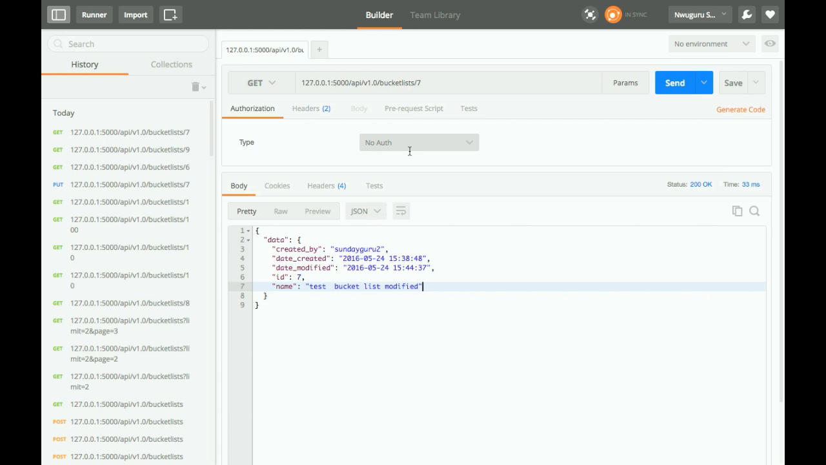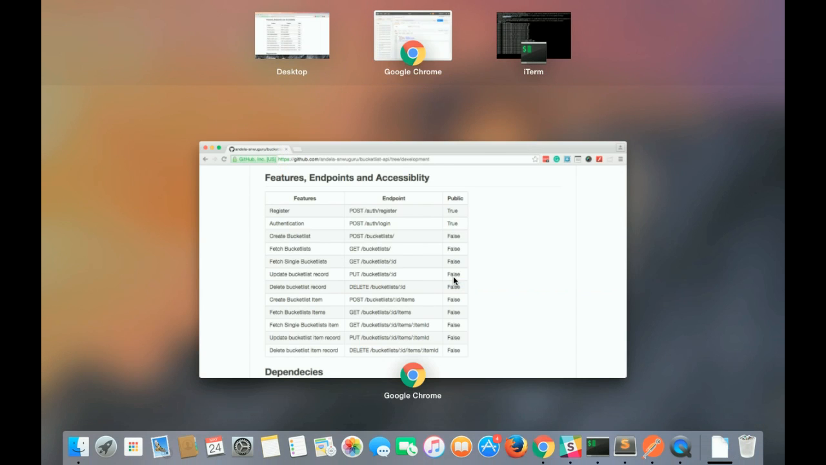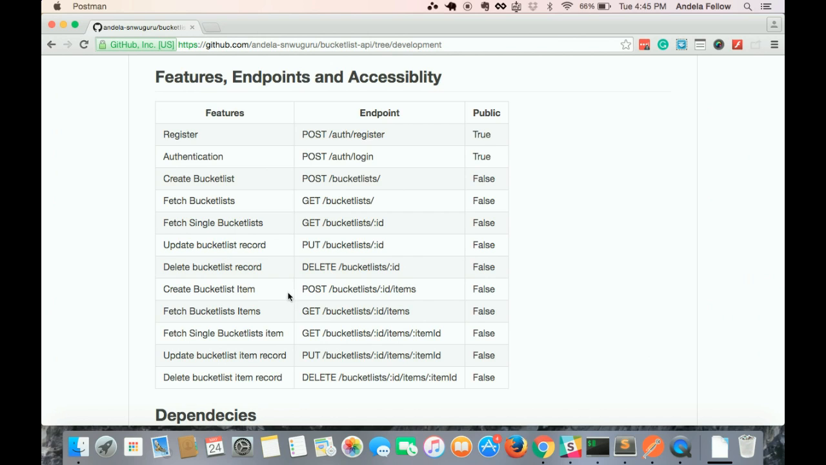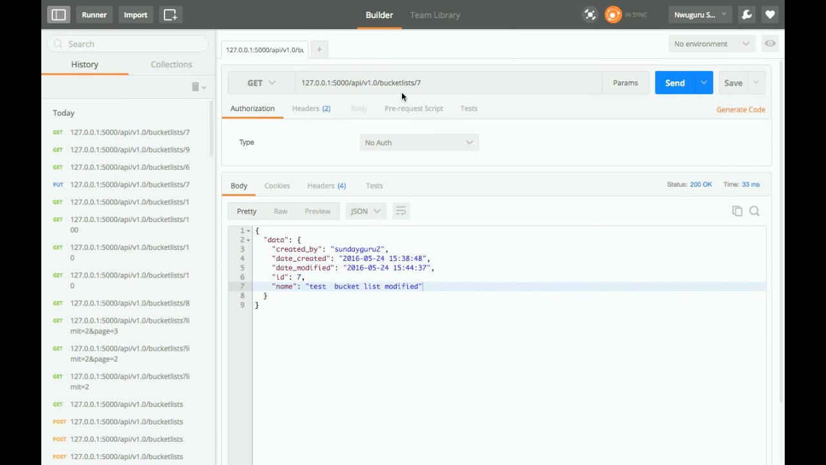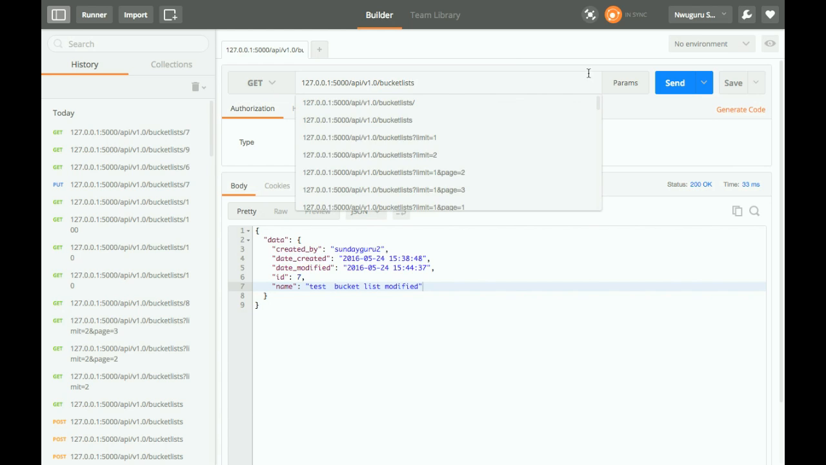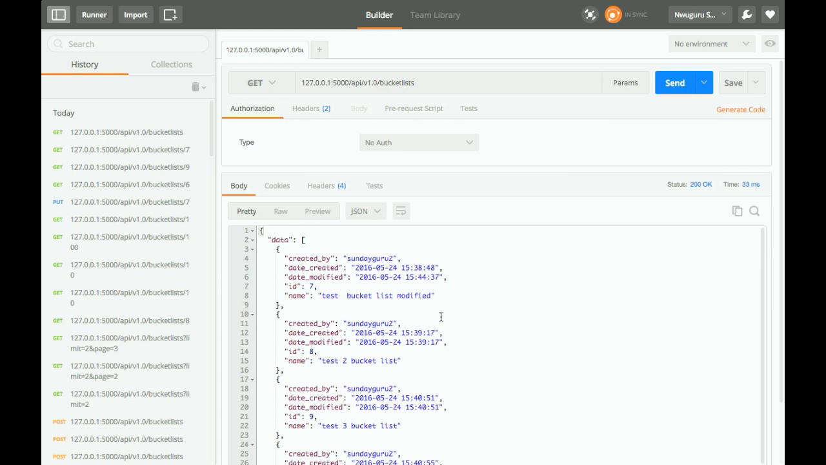Let's look at the next one here. Delete bucket list record. Deleting a bucket list record. Let's say we want to remove this particular one now. Let's see all first to be sure. We have this at the first. So when we want to eliminate 7,